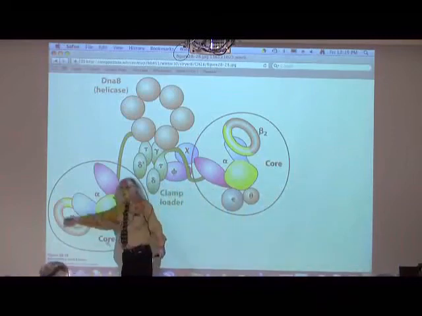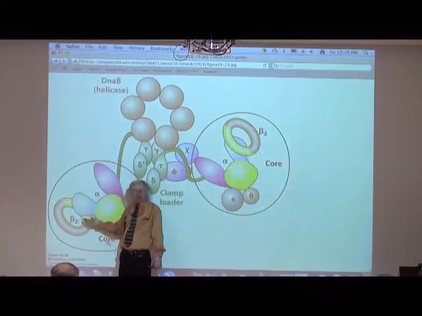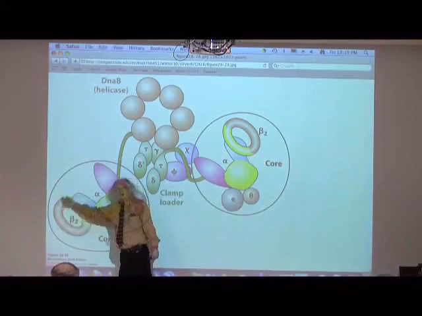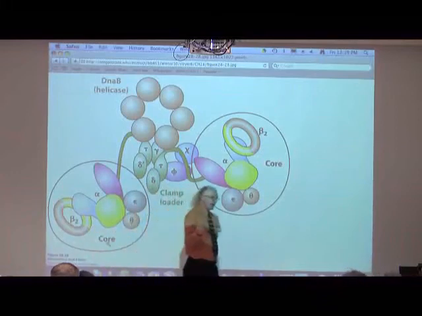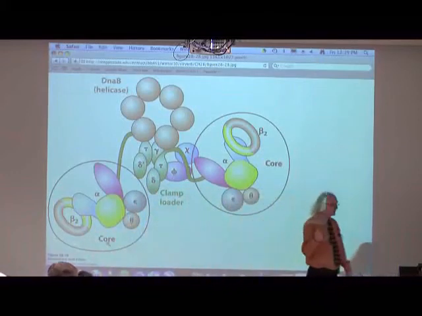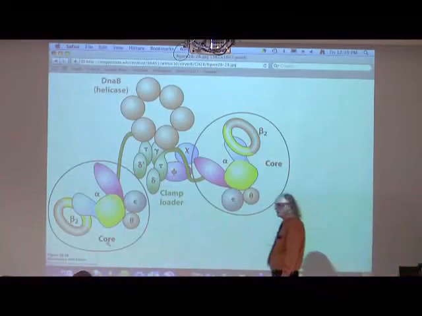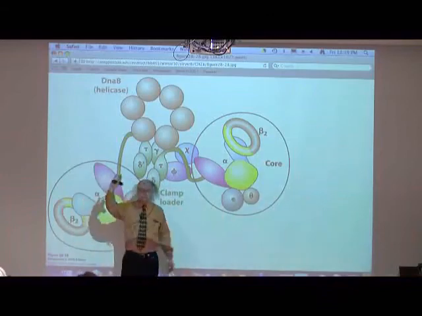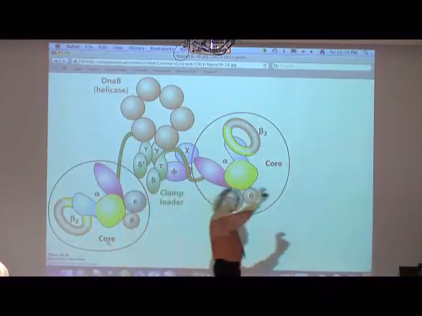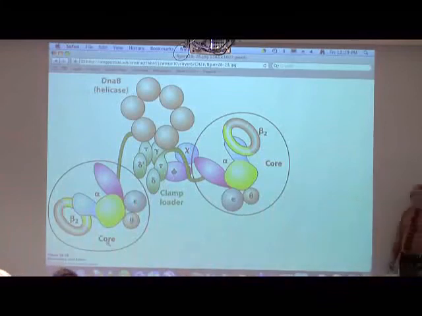When we look at human DNA polymerases, they also have a lot of complexity, but the common feature that they have is they also have a clamp. In human beings, it's called PCNA. But it's equivalent to the beta clamp, and it has almost identical structure. That is, it's a ring that holds onto the DNA. Okay. Now,